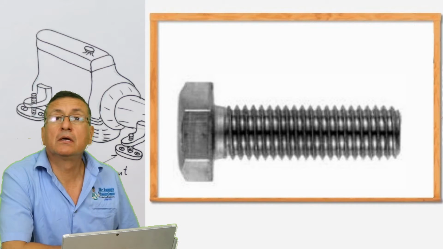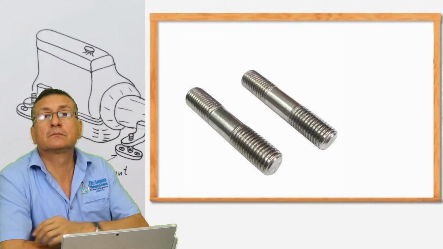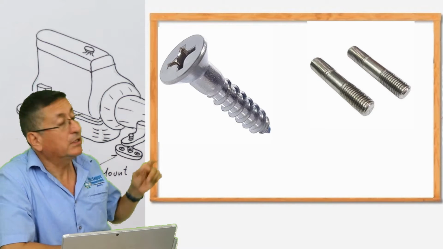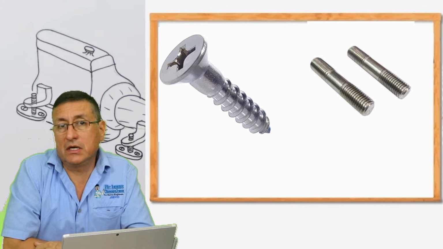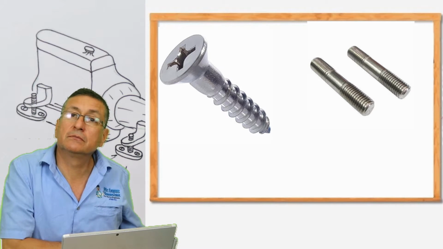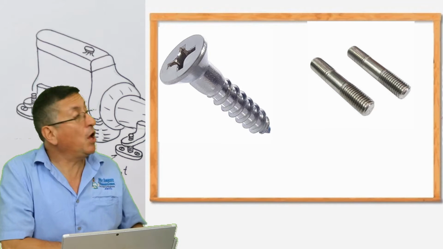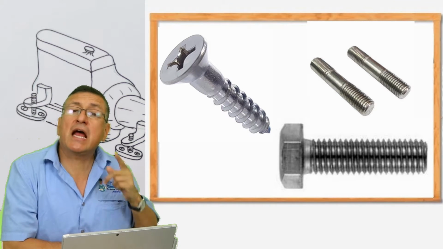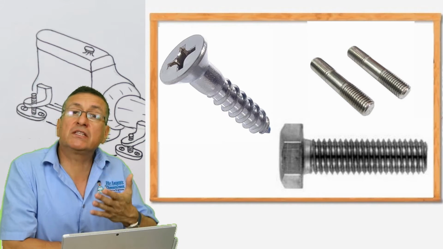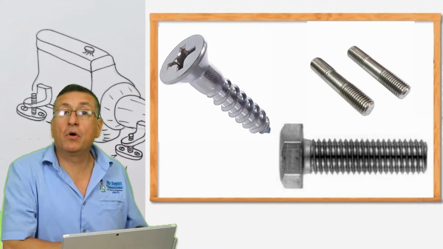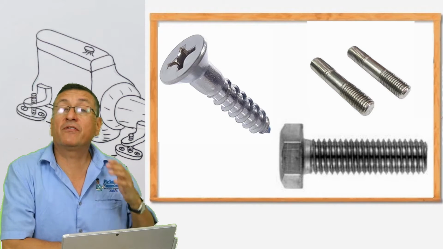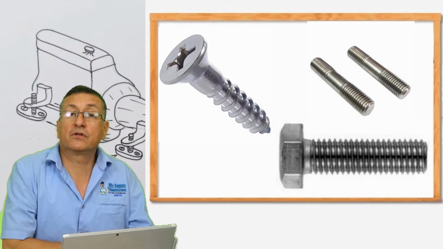a bolt or a stud. And this is a big difference. The screw is used in wood, in plastic, in composite materials. The bolt and the studs have thread, fine thread or coarse thread, that we are going to talk about later. Depending on the thread, the bolt is used. In other words, the bolt and the studs are preferably for metals, for soft metals and